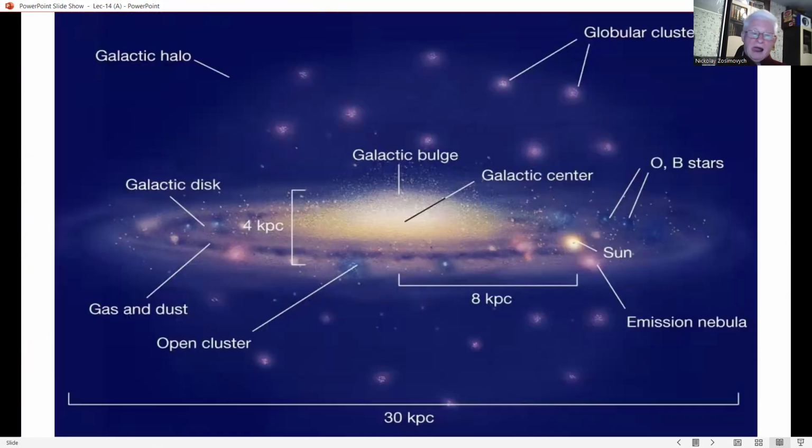Globular clusters are much too far away to have measurable parallaxes, but they do contain variable stars. And Shapley knew of Henrietta Leavitt's work on these stars, and he knew that she had been unable to find their absolute magnitude. He also knew that knowing the absolute magnitude would tell him the distances to the star clusters. So he turned his attention to variable stars.